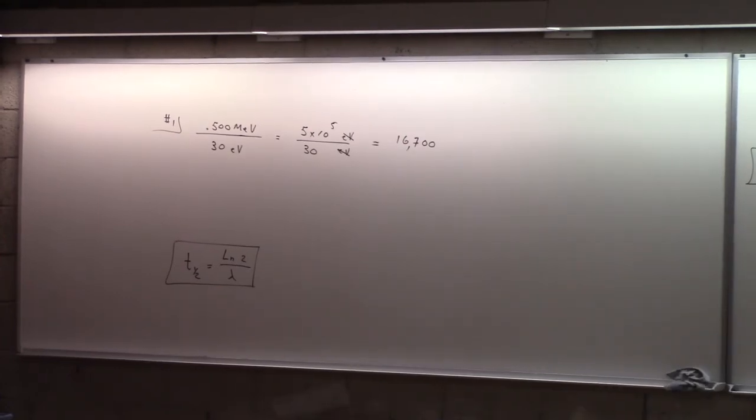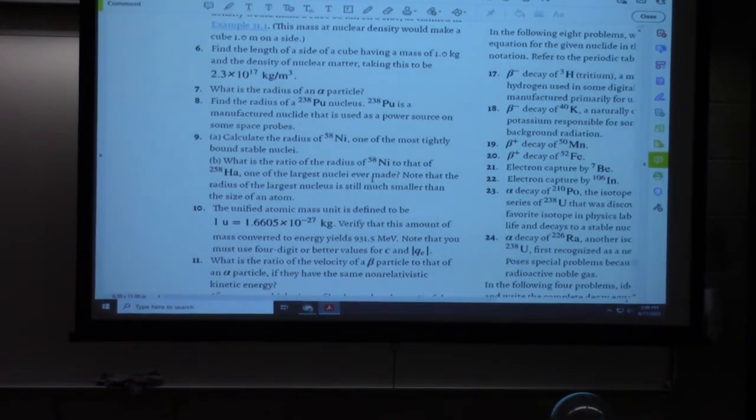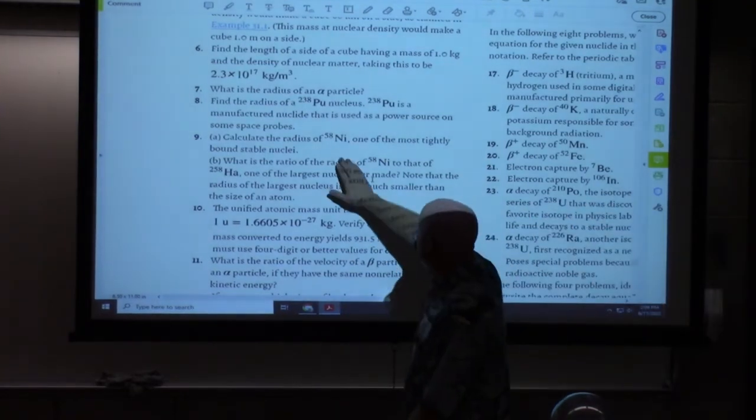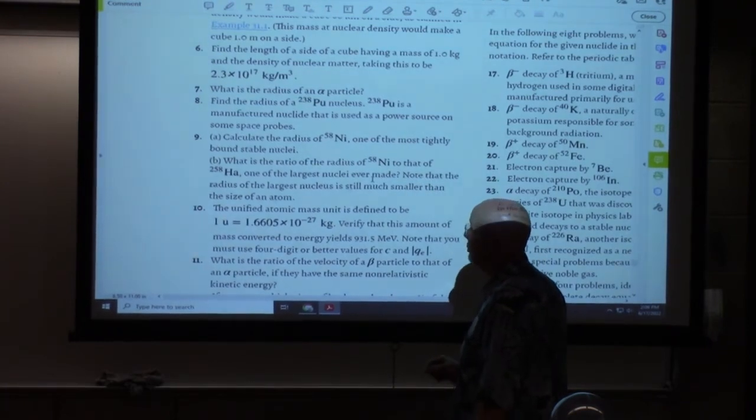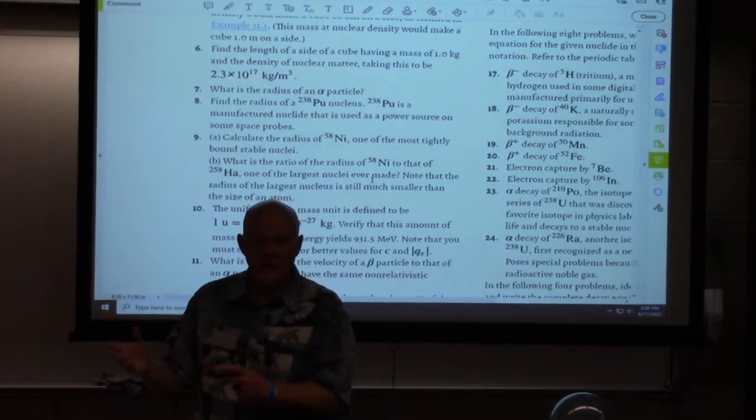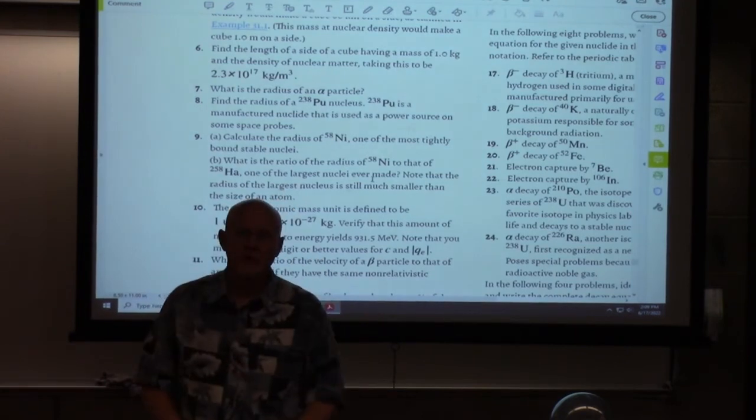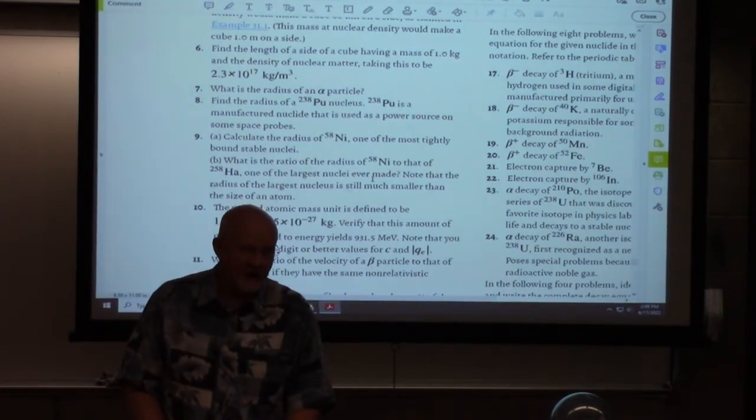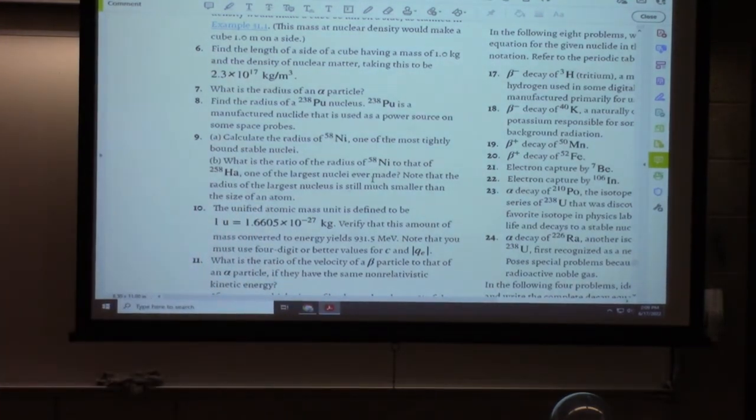Let's go to number 9 as a third example here. Number 9 says this: go ahead and calculate the radius of nickel 58. It's one of the most tightly bound and stable nuclei. Okay, and so that kind of ties into the last thing we were just discussing, how that energy per bond peaks out at iron, somewhere around iron 55. This happens to be right next to it, or one over, nickel, but